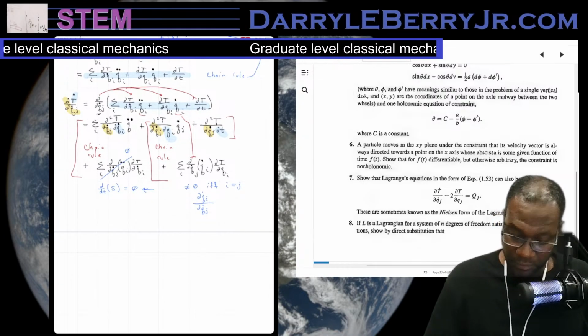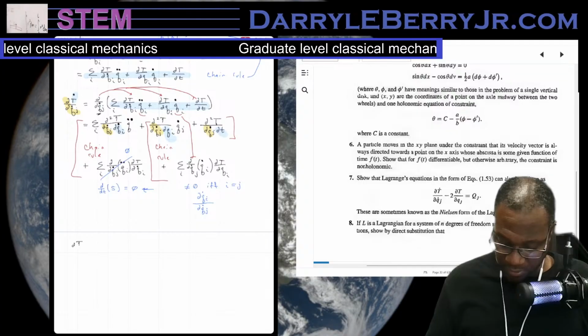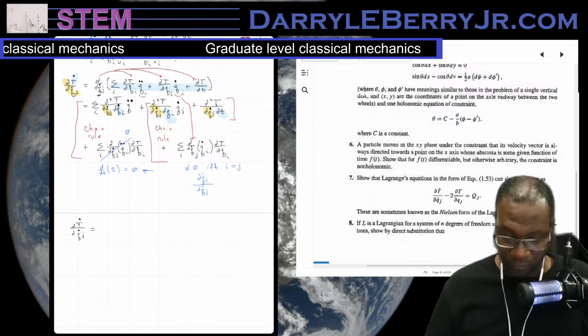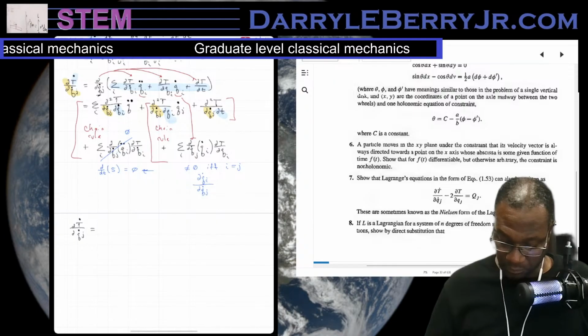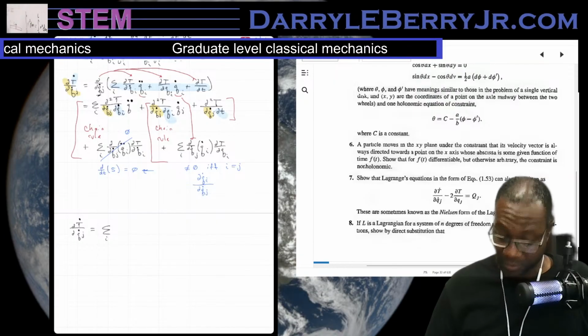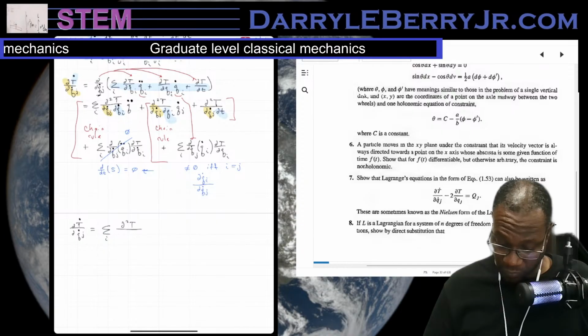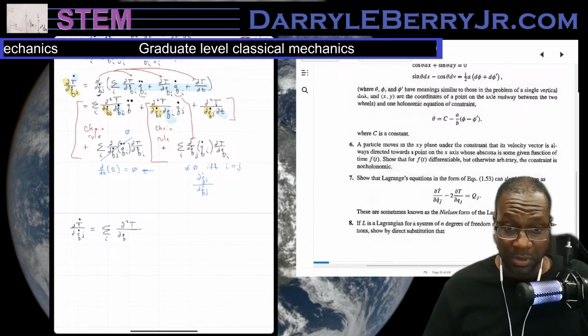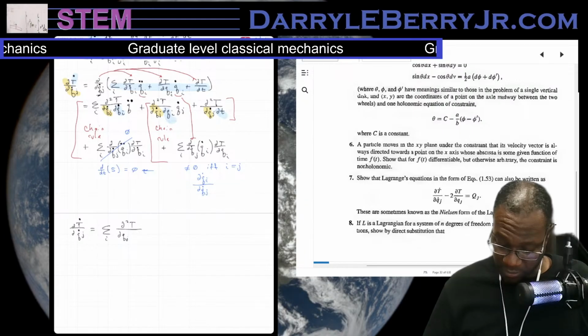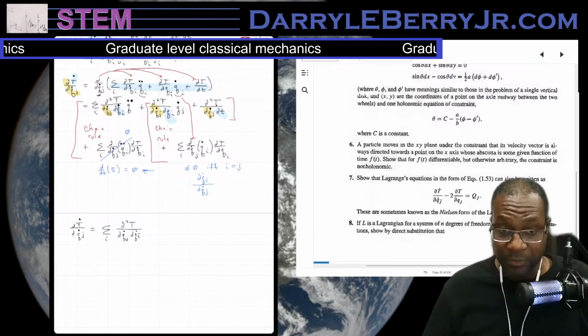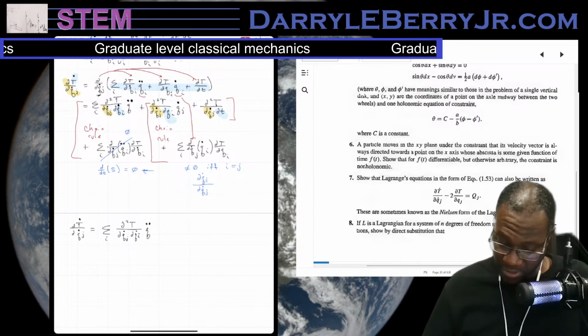So we have partial T dot over partial q dot j equals, so we still have some I of partial squared T over partial q dot j partial q dot I, and q double dot, the first term,